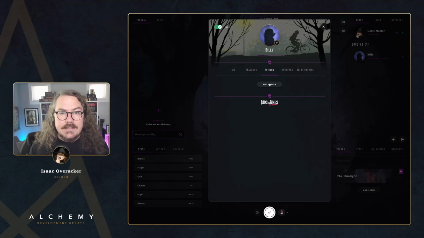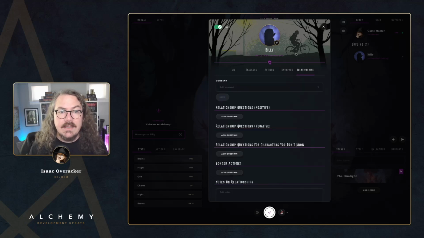And then, of course, you've got standard alchemy kit like actions. You can create actions using roll tables and dice rolls and all the things that you know and love from other systems. You can create items, also standard kind of alchemy kit for your backpacks. And then there's a bunch of new stuff for Kids on Bikes for relationships, because there are relationships between different players